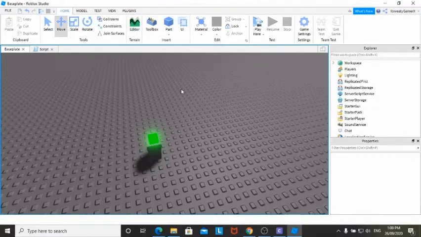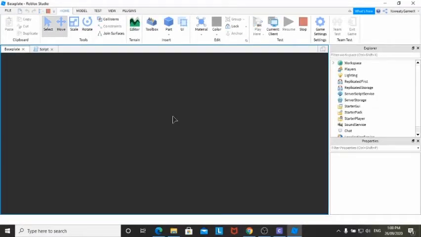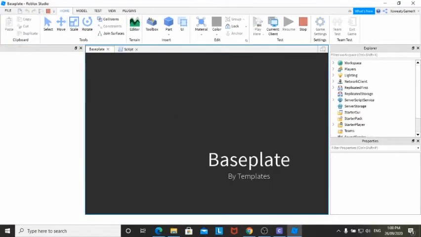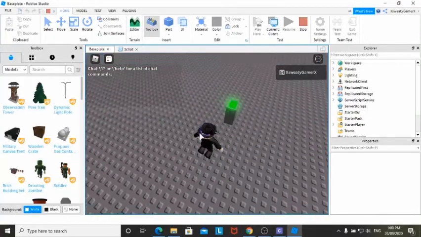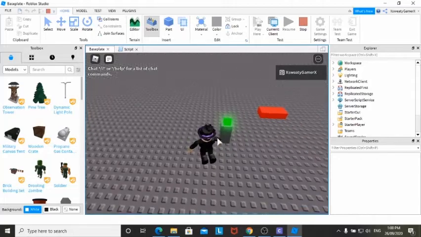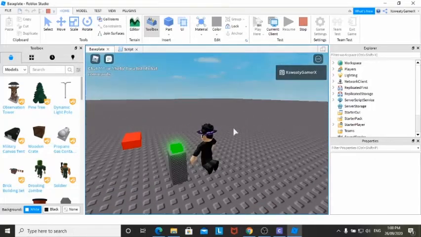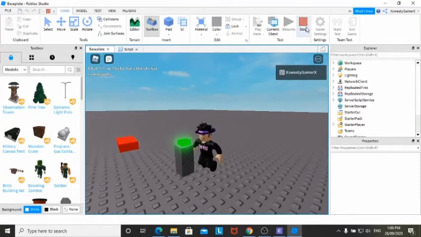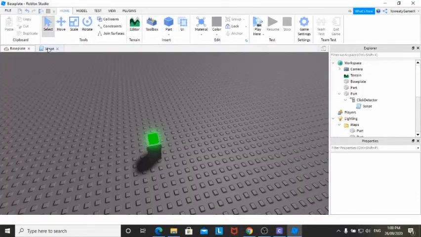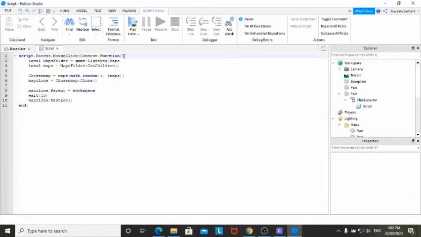Now, if you hit the play button, or put a spawn location near it and hit play, you should spawn near the button, sorry. And then when you click it, a random map will come. 10 seconds later, it will disappear. But what else we're going to do is, because we don't want the maps just stacking on top of each other forever, in this script, we're going to drop the first line